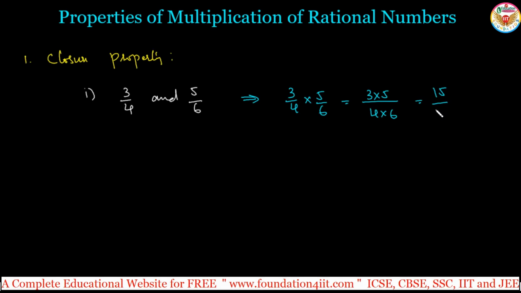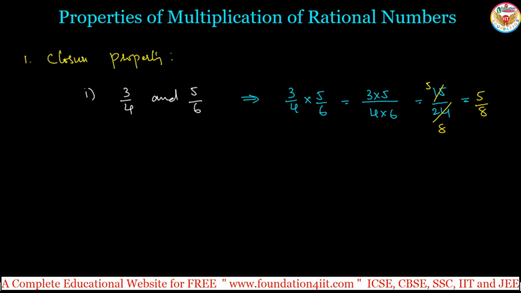So this is 15 by 24. 15 by 24 you can cancel with 3, 3 fives are 15 and 3 eights are 24. So 5 by 8, because we make it into the standard form of a rational number. 5 by 8 is the product of 3 by 4 and 5 by 6. So 5 by 8 is a rational number. So the closure property says if any two rational numbers are multiplied together, the result is also a rational number,